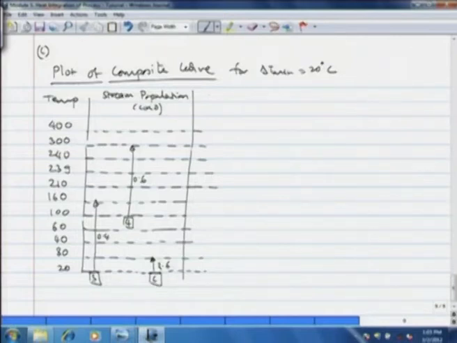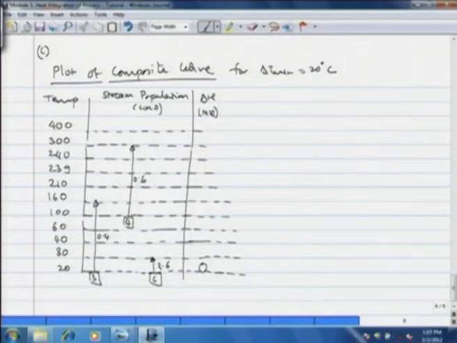Okay. Now let us calculate the delta H of the composite stream. We assume here that the least temperature of the cold stream is 20 degrees, so that we take as a reference temperature, and then we assume the delta H, the enthalpy of the composite curve, to be 0 at that reference temperature.